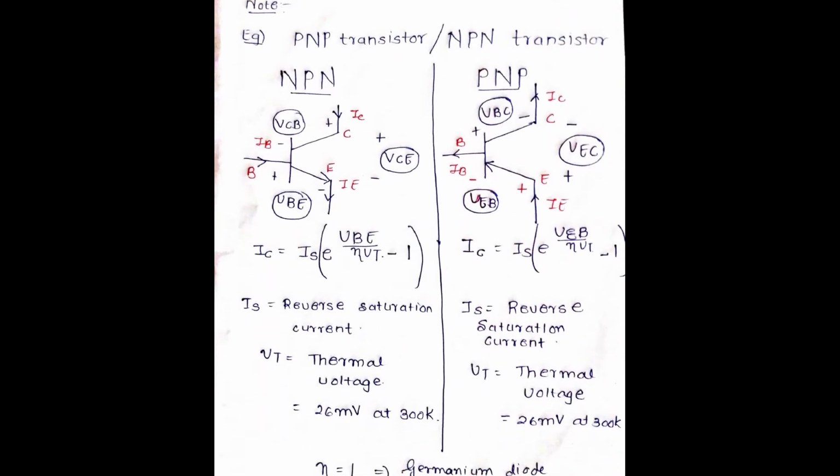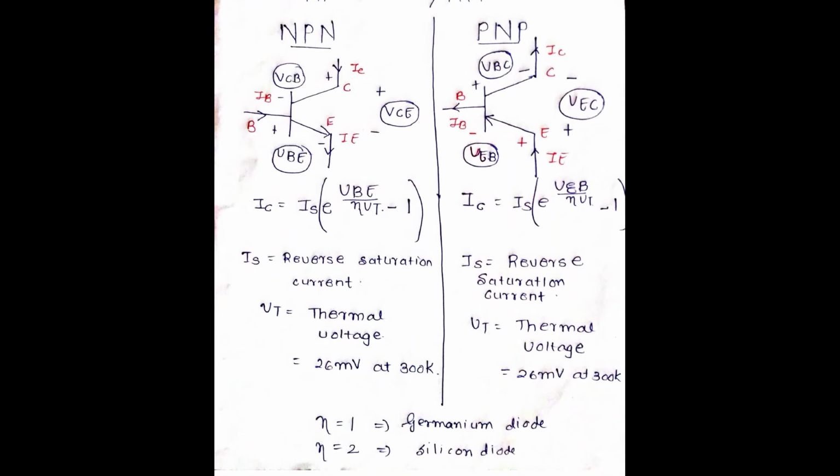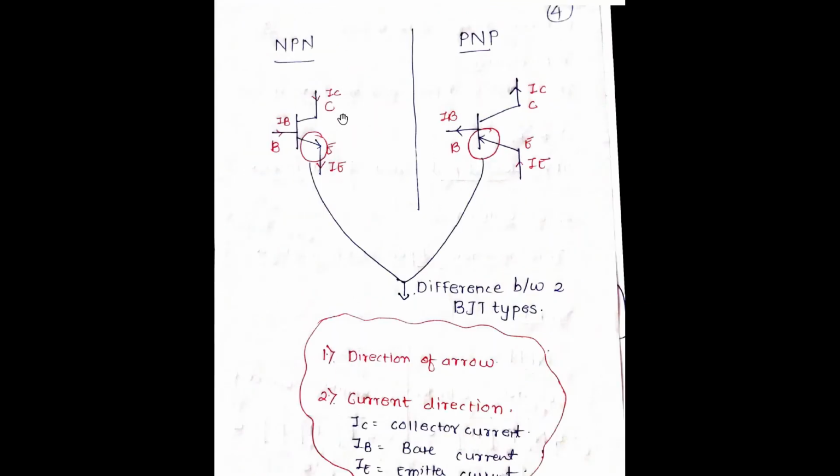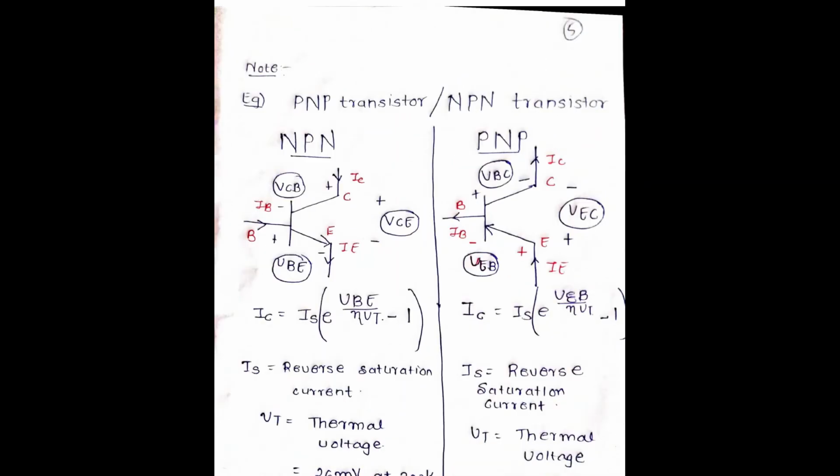Then we have a particular kind of equation which you should be aware about. I hope this diagram is clear to you. I'll repeat it again. You have an NPN transistor wherein you have the collector, base and the emitter. You have the IC, you have the IB, and then you have the IE. Similarly, you have the PNP, which has the collector, base, emitter, wherein the IE is leading to IB and IC. So note these terminals and diagram very well.